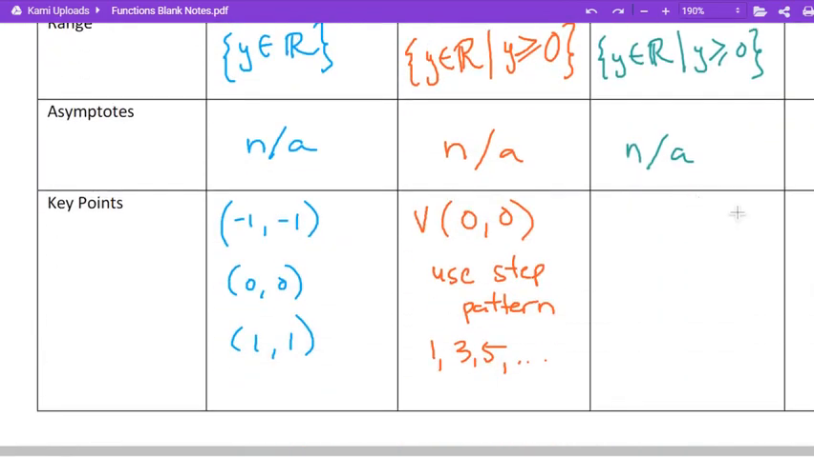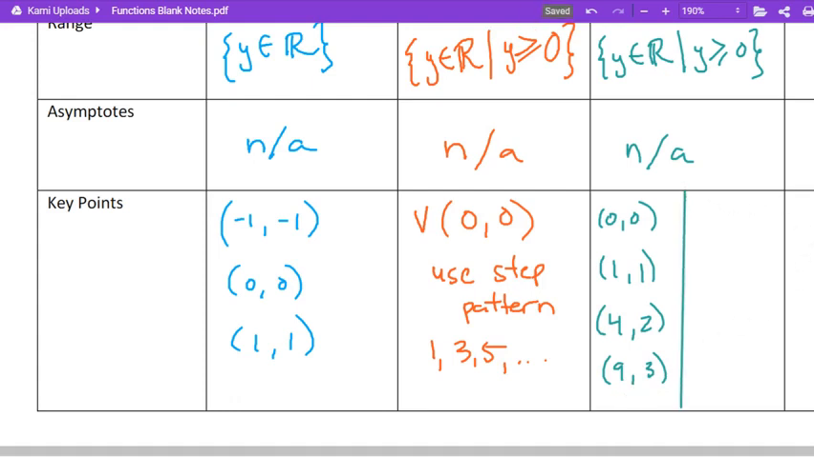Okay, so key points, two options. One option is that you list the points. And remember, for the x value, I always take the one that has a perfect square. Or we say (0, 0) is our starting point. We don't call it a vertex, right? Because the vertex is where the graph starts changing. And then we use